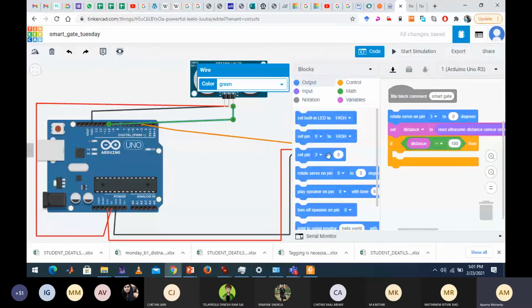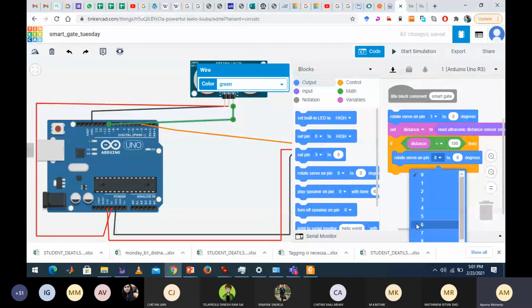So I need this block: rotate the servo on pin number... what is the pin number for servo? 3. So pin number 3 to, suppose, 90 degrees. Is it clear?